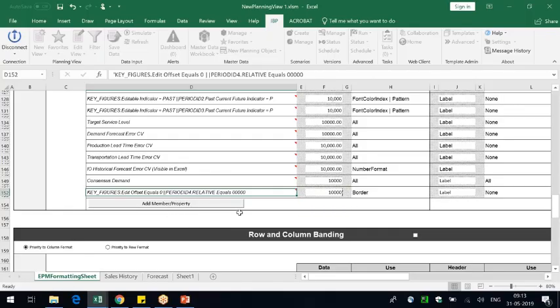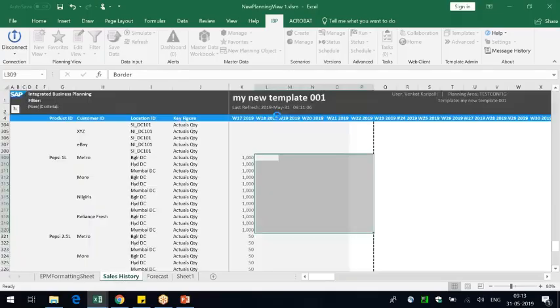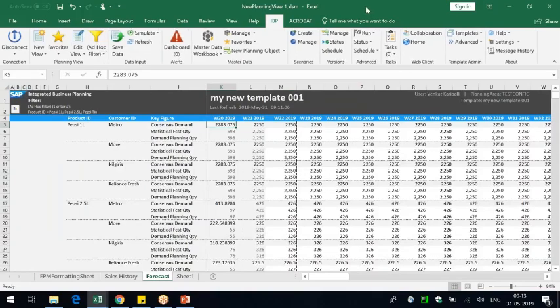So the current week will have a value of 5 zeros. So you're saying that I want to apply some kind of formatting for a key figure if the edit offset is equal to 0, and the time granularity, that is week, if it is relative to 5 zeros, that means it is the current bucket. That is the selection that you made, and then you gave a formatting technique for how the formatting has to happen, and you said you want to utilize the formatting only for the border, not for the other things. And that's it. Come back here and refresh, and you will see this formatting happening. Okay.